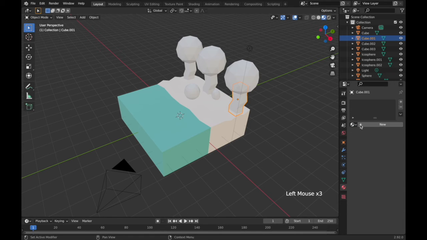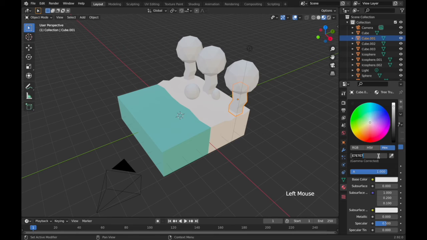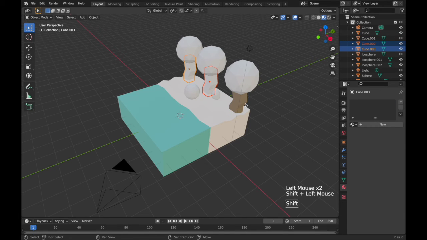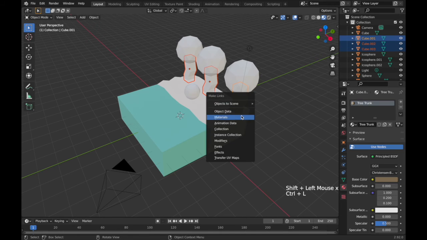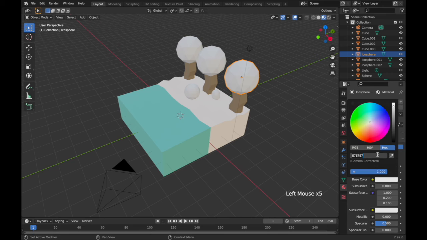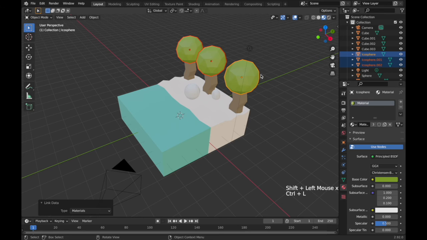So let's select one of the tree trunks, press new, and let's call this tree trunk. 83745D, that's the hex code for the tree. So let's select the other two tree trunks, select this one last, Control L, link materials. Then select the icosphere above here and press the base color, and let's try this ECA343 and select the other two. Select this one, Control L, link the materials,